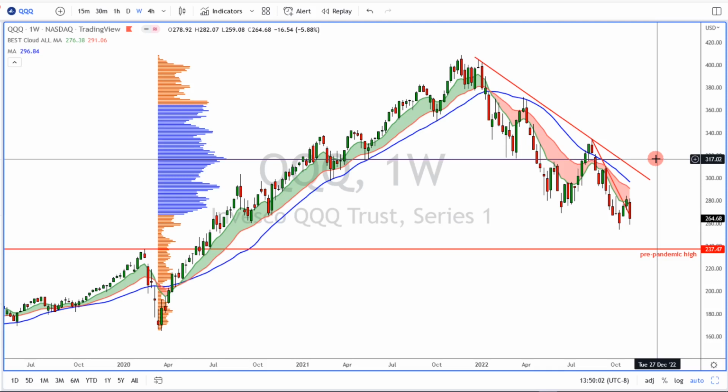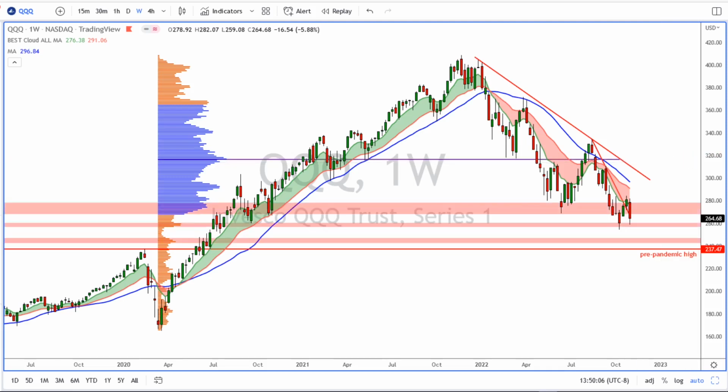And this is the composite point of control. And here are some of the high volume zones from this composite volume profile. We see that there is this zone up here near the 278.83 area, and also there is this zone near the October low here, somewhere around 261. And we have this zone right above the pre-pandemic high, and that is sitting at this 243 and